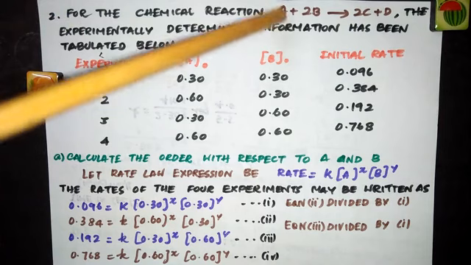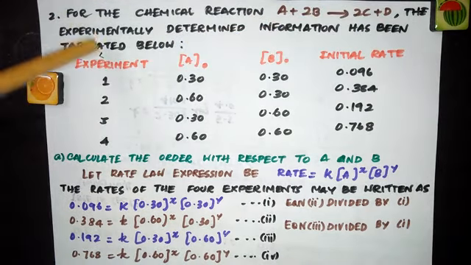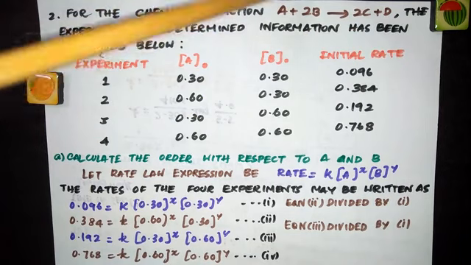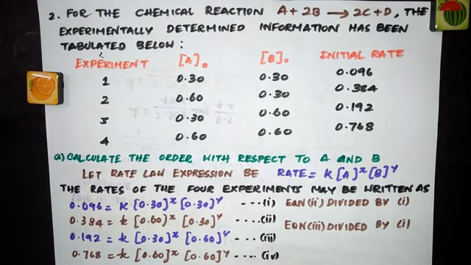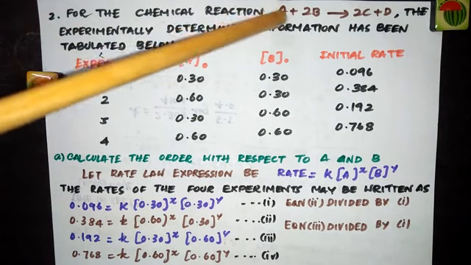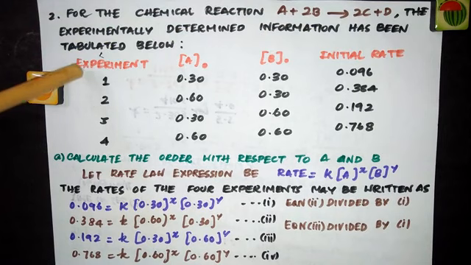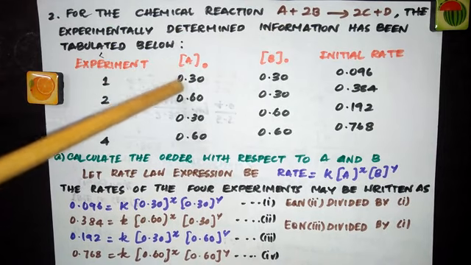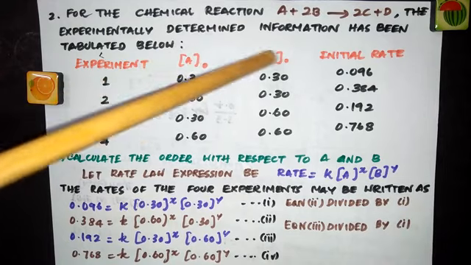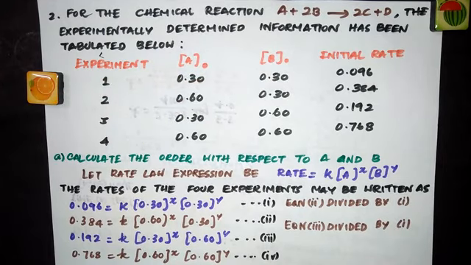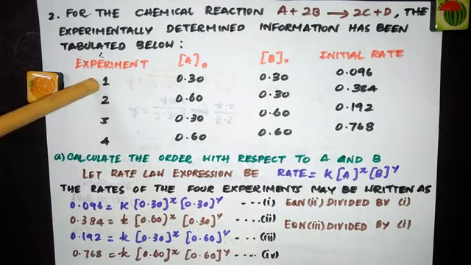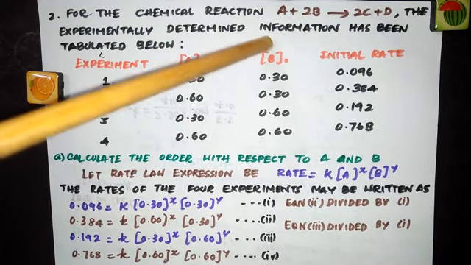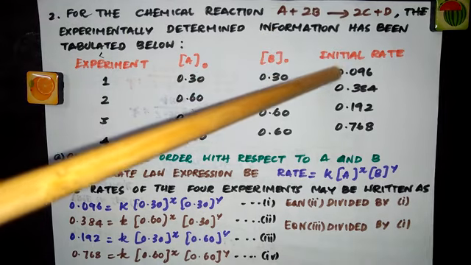For the chemical reaction A plus 2B giving 2C plus D, the experimentally determined information has been tabulated below. So they have given you a chemical reaction and some experimentally determined information. You are doing some experiment taking A and B as the reactants. First experiment, you are taking the initial concentration of A to be 0.30. A naught means initial concentration of A, B naught is initial concentration of B, and this is the initial rate. So in the first experiment, you are taking 0.30 mole liter inverse of A and 0.30 mole liter inverse of B. At that time, the rate of the reaction is found to be